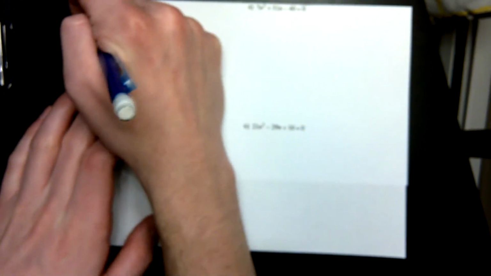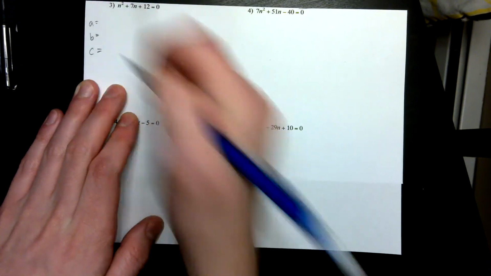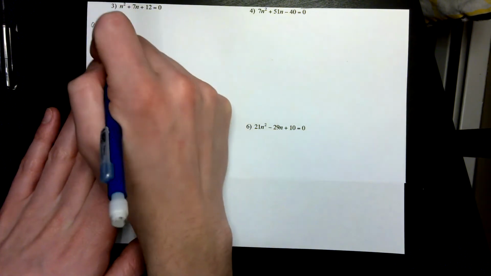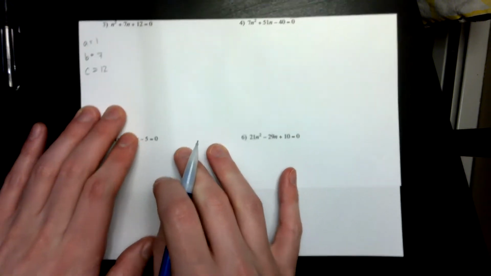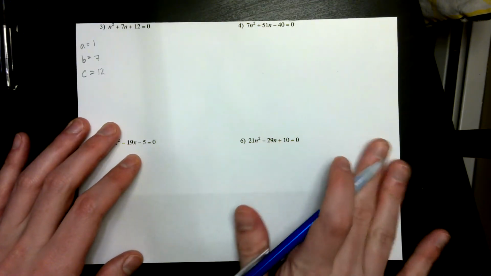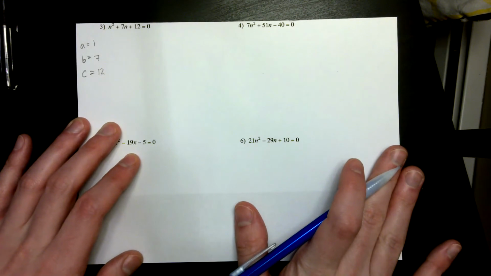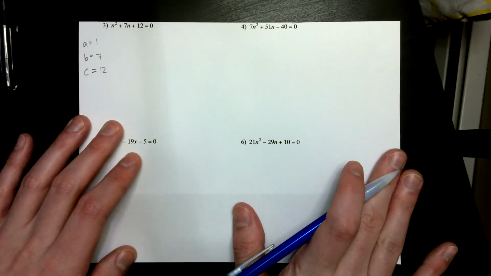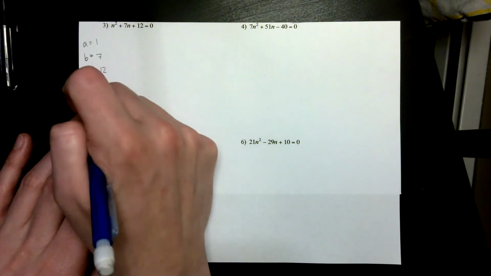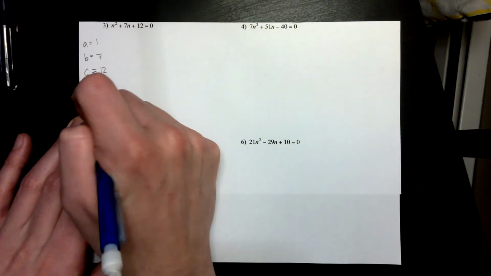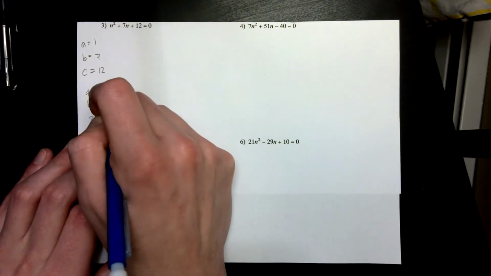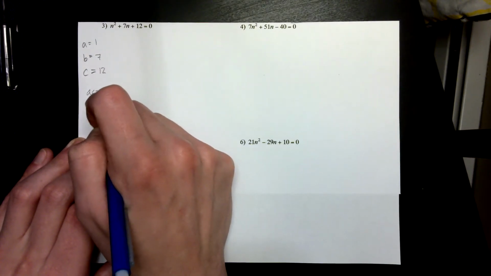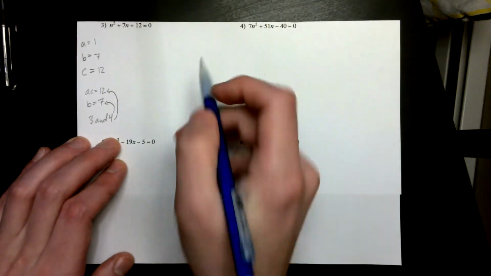This one, same process. We'll identify what A is, what B is, and what C is. A is 1, B is 7, C is 12. I am a little bit more comfortable with my factors of 12, and so I'm just going to move on and say, you know what I need to use is 3 and 4, because 3 times 4 is 12, and 3 plus 4 is 7. So AC is 12, B is 7, so 3 and 4 multiply to 12 and add to 7. Okay, so